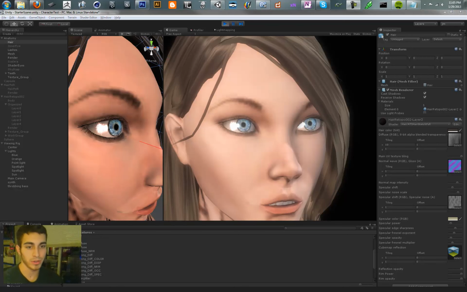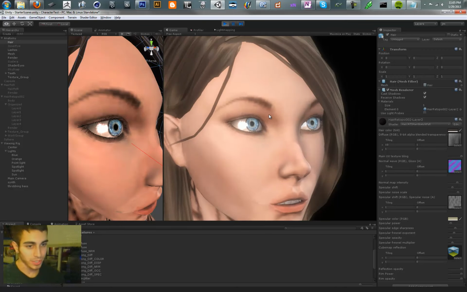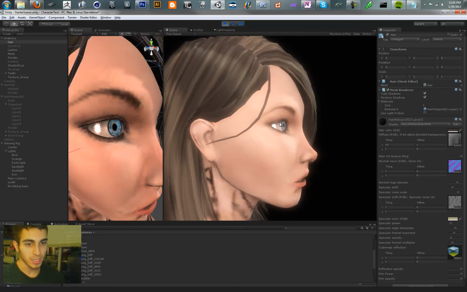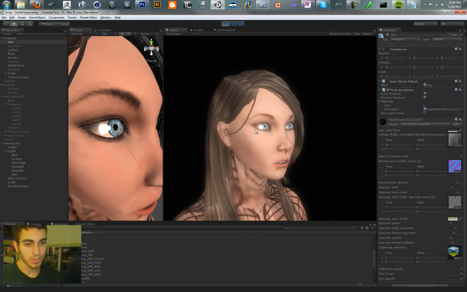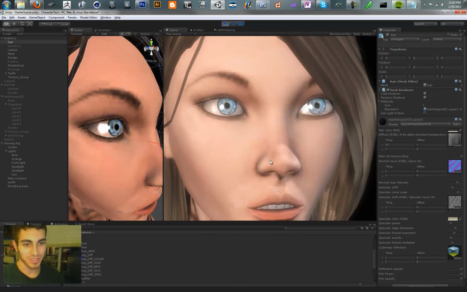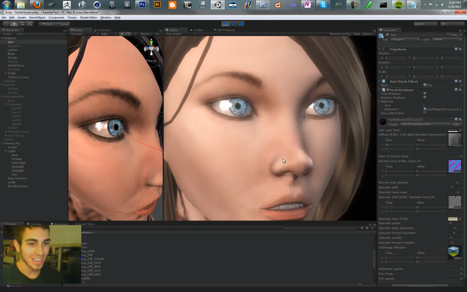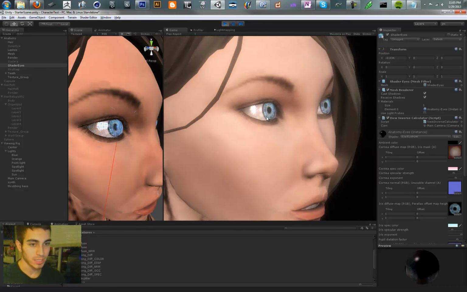Hey guys, I'm here just to show you two shaders I recently made in Unity3D. The first one is a parallax offset mapped eyeball shader, and the second is a Kajiya-Kay specular highlight hair shader. I'll be going over some of these features and highlighting some of the things that don't quite work yet. So the first one is this eyeball shader, and the nice thing about this is it has parallax offset